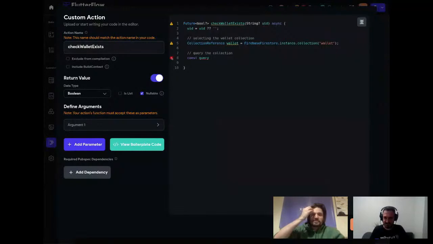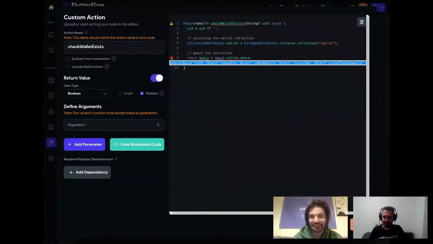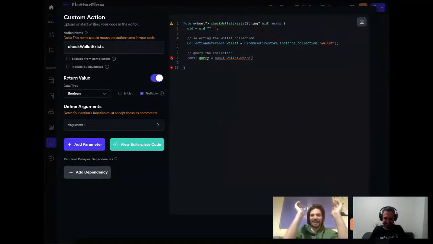Query equals await space wallet dot where, in brackets, the UID or user ID, or whatever you put. What did you call it? It doesn't need UID, parentheses. Whatever the UID is, comma,